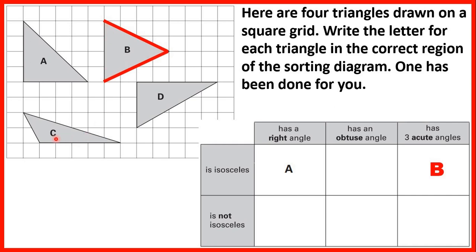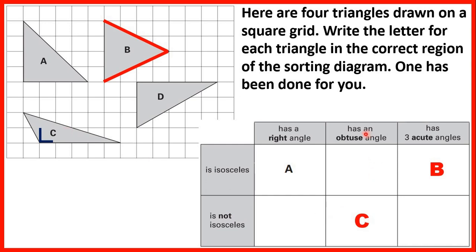So now let's look at triangle C. That's not isosceles, because all of the sides are a different length. But it does have an obtuse angle, because if we look, this angle here is larger than a right angle, and an angle larger than a right angle but smaller than a straight line is an obtuse angle. So we need to write C here to show that it's not isosceles, it's a scalene triangle, but it does